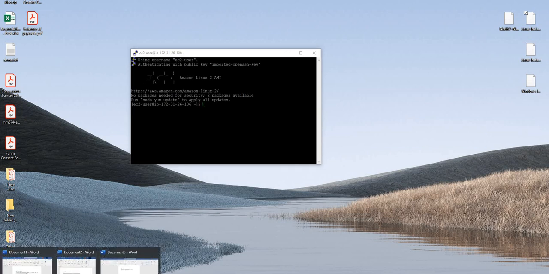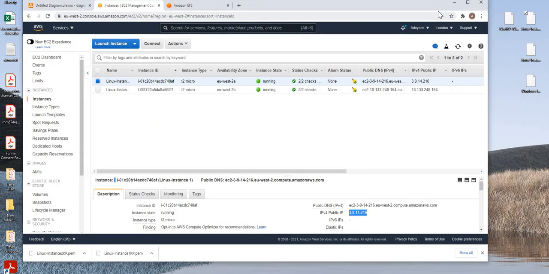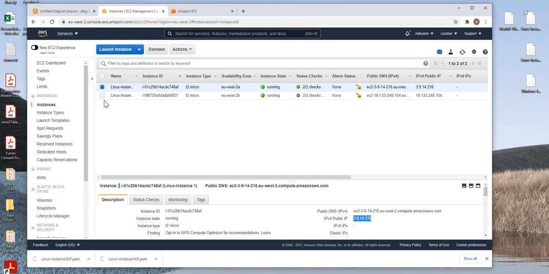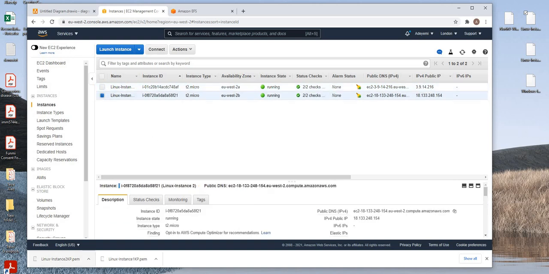We'll be able to launch the EC2 instance for the first instance. We're going to do the same for the second one. So here we are on the second one. We have the IP address. Again, we are going to